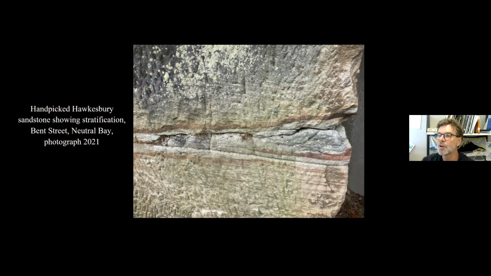The sandstone on the north side is a bit more streaky than the sandstone on the south side. That which was quarried around Pyrmont and Ultimo and used for the government buildings, the Treasury building and the Colonial Secretary's building, is called yellow block, and it's a really beautiful golden type of sandstone that's very even. You don't see too many of these strata in there. Sometimes the blocks will be different colors, which suggests that they've been cut from different strata, but the strata aren't quite as narrow as they are on the north side.